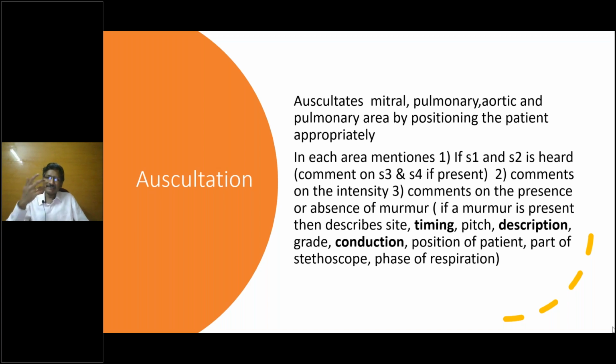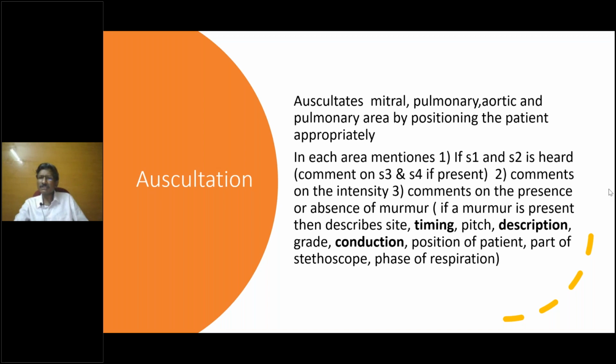Okay, so in general, in cardiology, of course, many books have advised to start from the apex, I agree. But a practical way is to start from the place where the thrill is there, but follow a pattern. Either follow a clockwise pattern or anti-clockwise pattern. So you can start from aorta, pulmonary region, apex, tricuspid region, or aortic region, tricuspid region, apex, and pulmonary region. So clockwise or anti-clockwise, but preferable to start from the place where there is a thrill.